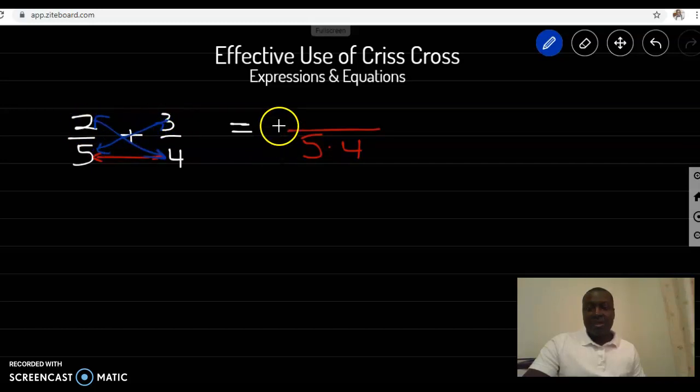So when you're here, it's 2 times the 4. Then you bring your sign, and then when you're here, you always write the numerator first, which is 3 times 5,